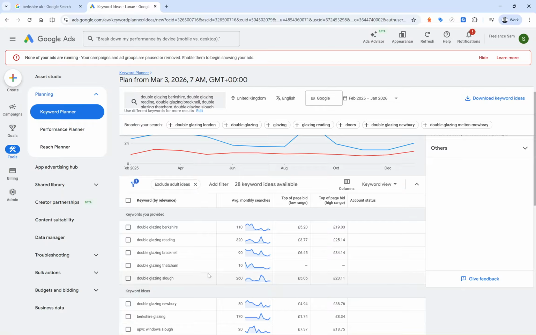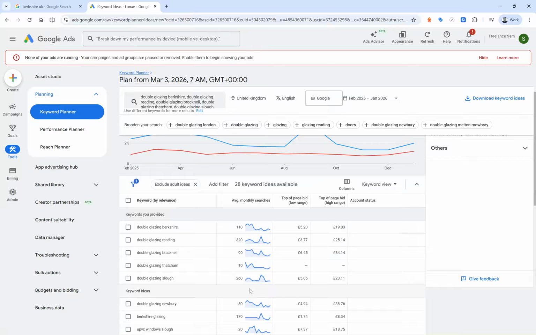And although it's only 10 searches a month, if we get three clicks from these 10 searches, bearing in mind not all 10 people are going to actually click through to a website, but the majority will. And so if we can get a fraction of that, let's say 3 clicks a month, then that's going to be 16 clicks a year, rather, to our landing page. And that's not a whole lot, but if from those 16, even one leads to an inquiry, then it's worth it,